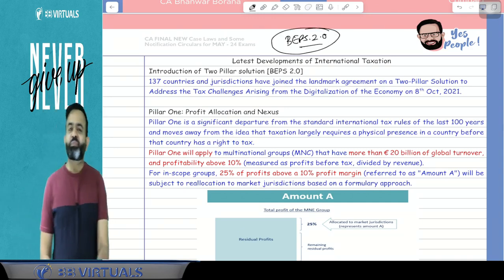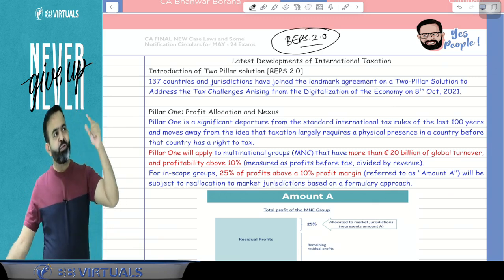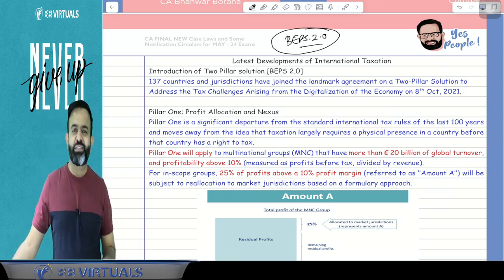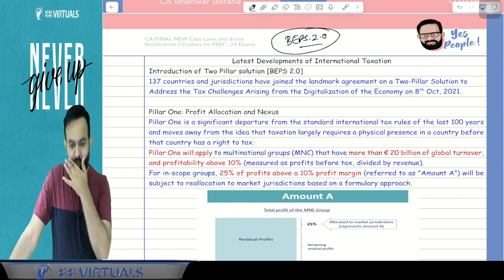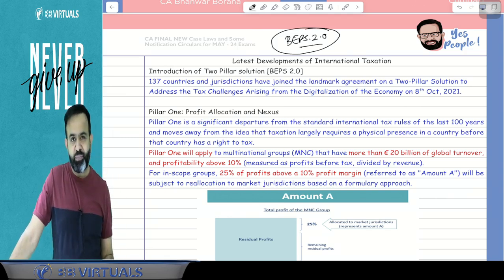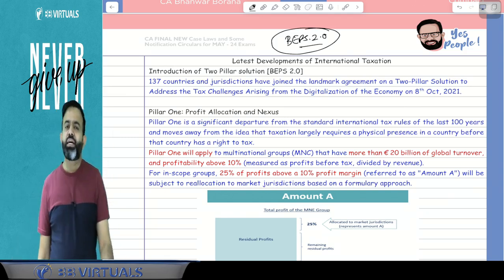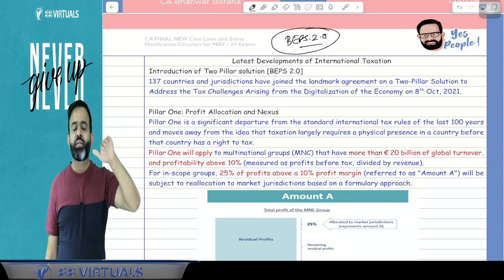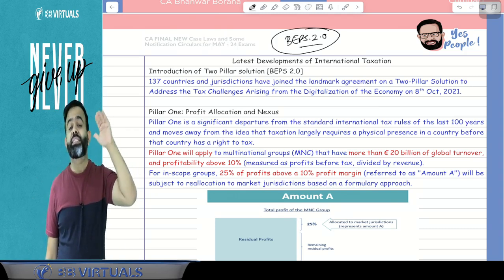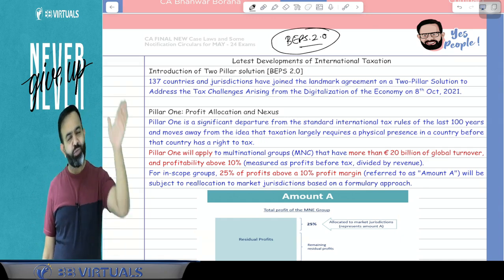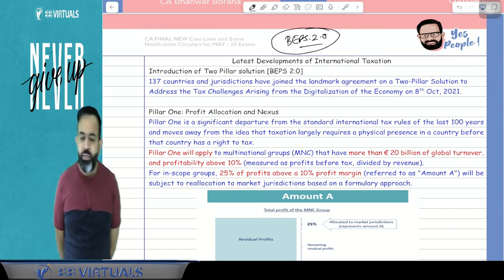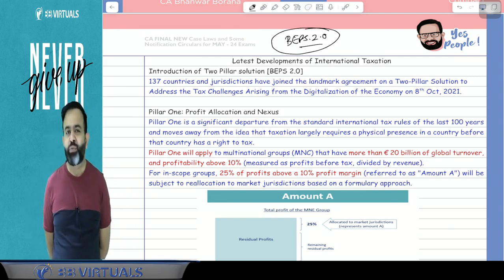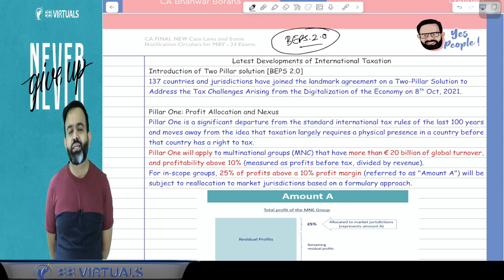Now guys, if you remember the BEPS, then you know that in the BEPS there are 15 action plans. Action plan number 1 is related to the digital economy, and due to that the equalization levy was introduced. As well, BEPS action plan number 4 was related to transfer pricing and thin capitalization. So that all was BEPS action plans. There were 15 plans.